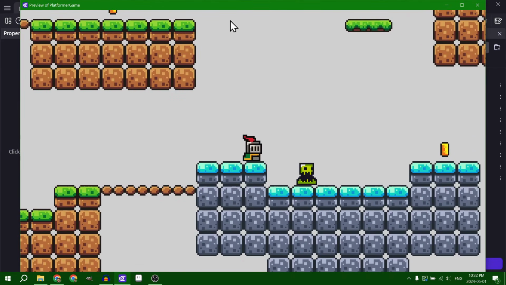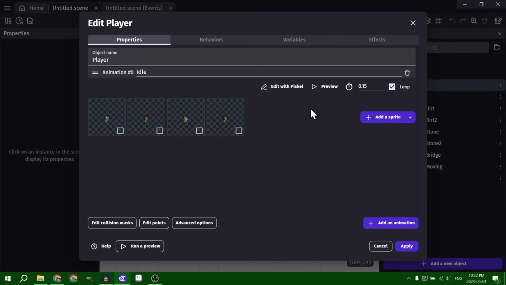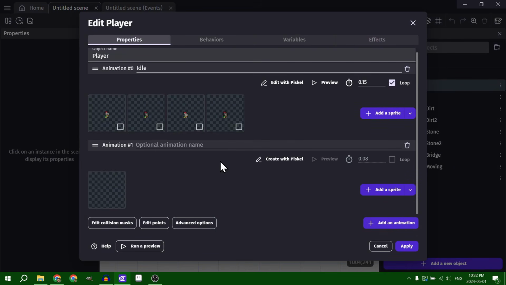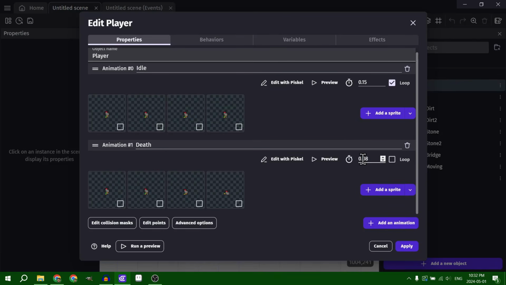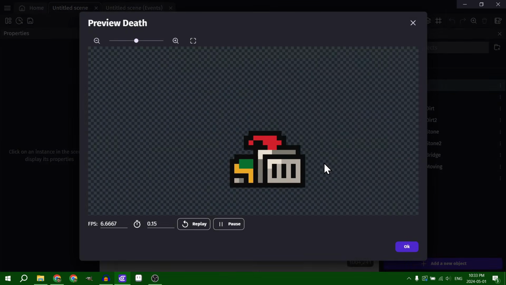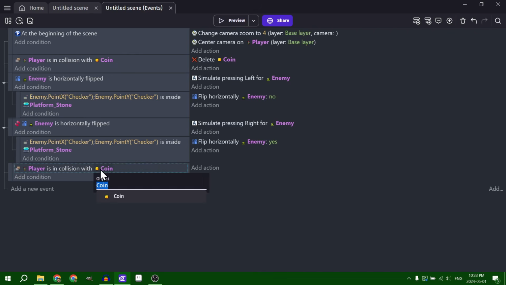There we go. And now that we have an enemy that walks back and forth, we need a way to die to it, because otherwise it's not really a threat, but a decoration. So we'll go to the player object and include the animation for death. We'll set the duration, and this time we won't set it to loop. And then we'll go to the event sheet and create a new event. And we can just copy this event from above, where if the player is in collision with,